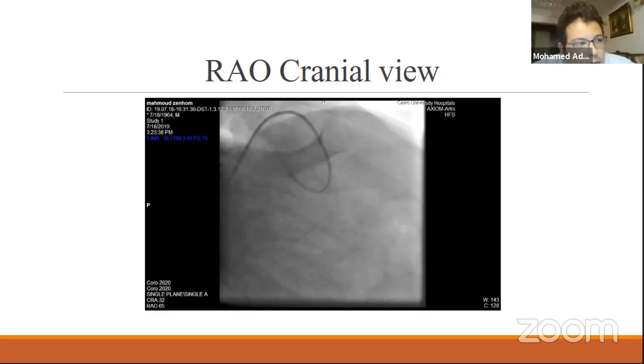On the other side, a true ostial LAD is usually associated with left main involvement, but an ostial circumflex could be an isolated fibrotic ring or something like this. But in this situation, more views and more cranial angulations could elaborate the involvement of both LAD and circumflex. Okay, proceed, Mohammed.